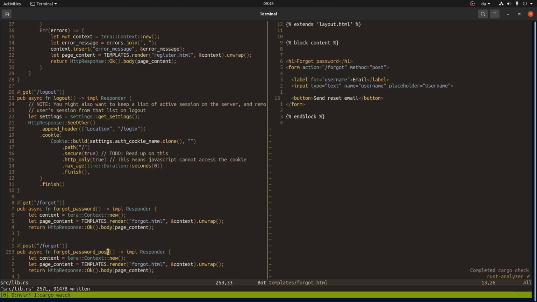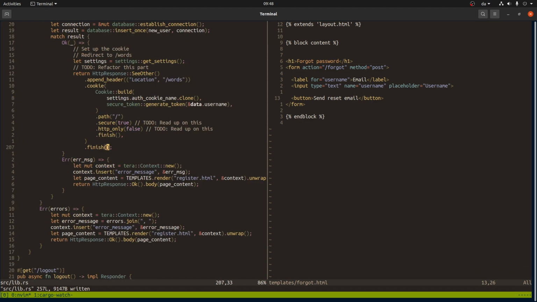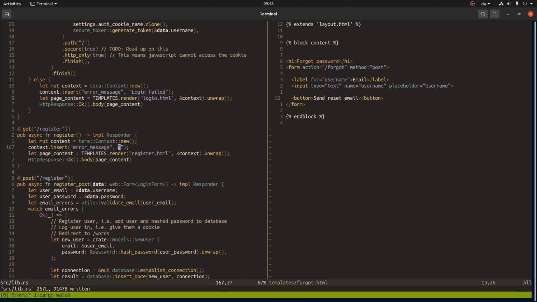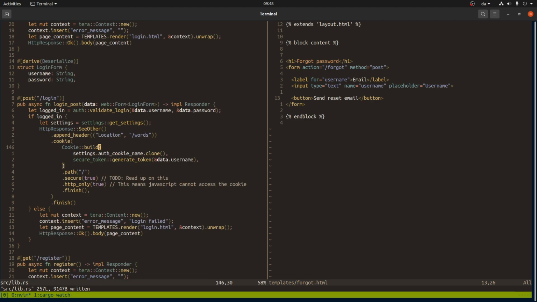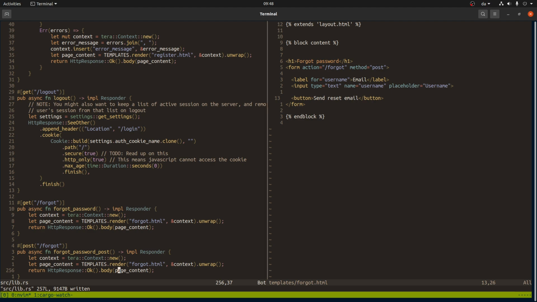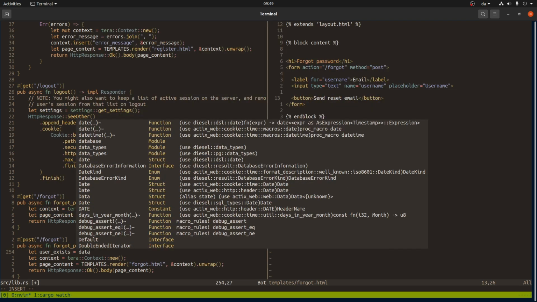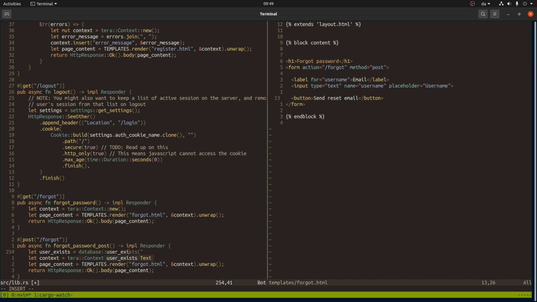And what do we need to do? So first we need to get the user from the database. And how do we do that? We really need a function for that, so let's just make a function for that. So database, user exists, and we also here in the post we need,